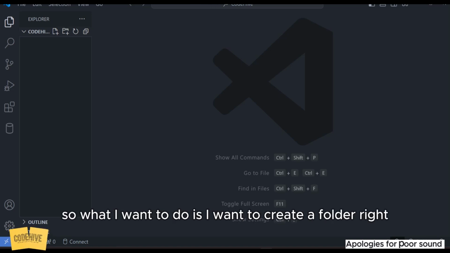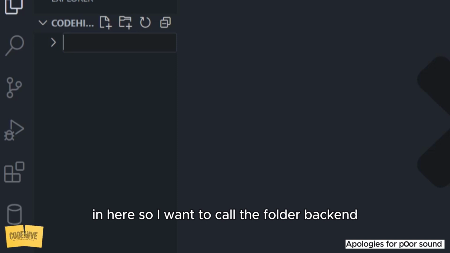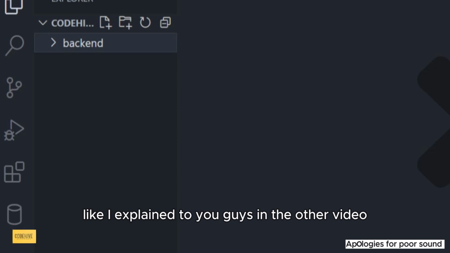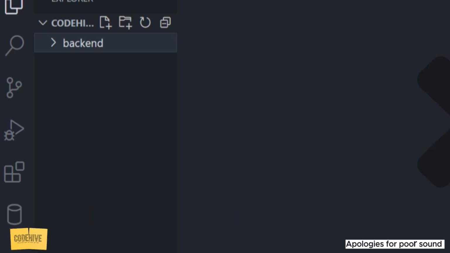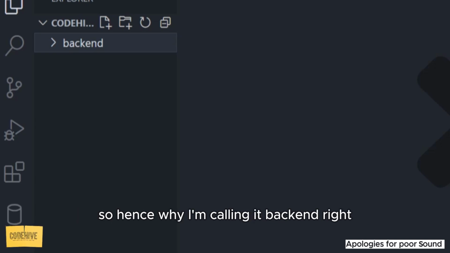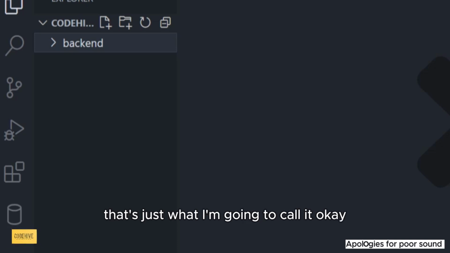So what I want to do is create a folder right in here. I want to call the folder backend. The reason why I'm calling it backend is, like I explained to you guys in the other video, that most of the time Django is a framework for your backend stuff, right? So hence why I'm calling it backend, right? You can call it whatever, but just for the purpose of this video,